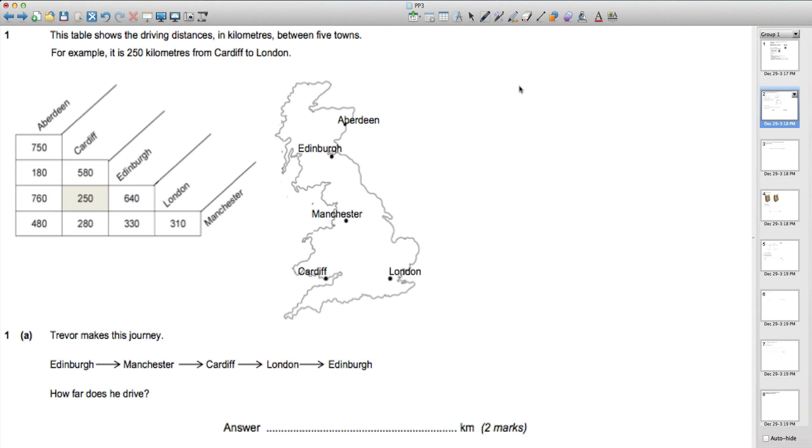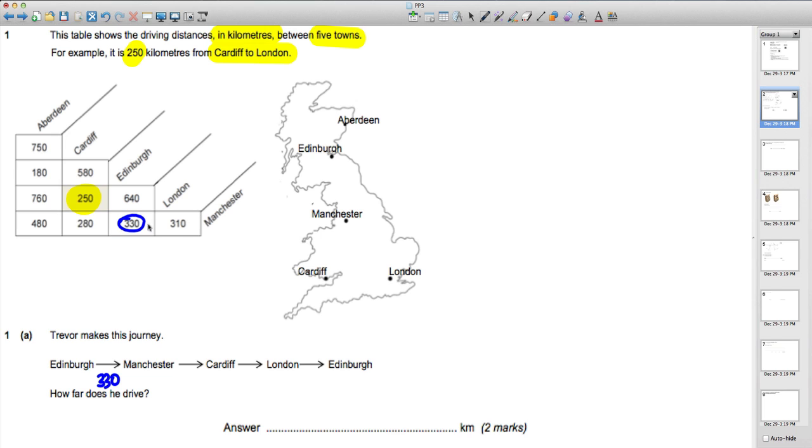First question. We are told the table shows driving distances in kilometres between 5 towns. For example, it is 250 kilometres from Cardiff to London. How do we get that from the table? Well, the intersection of the Cardiff column and the London row is 250, so that tells us it's 250 between the two. Now, Trevor makes this journey Edinburgh to Manchester, so Edinburgh to Manchester 330,